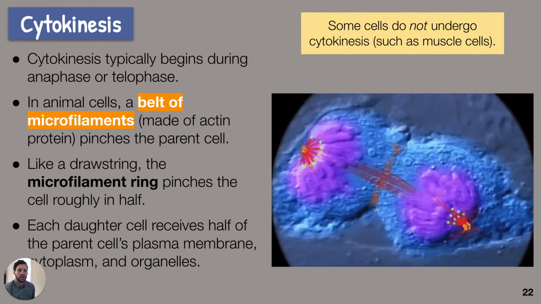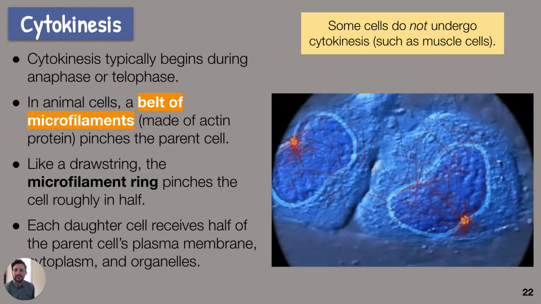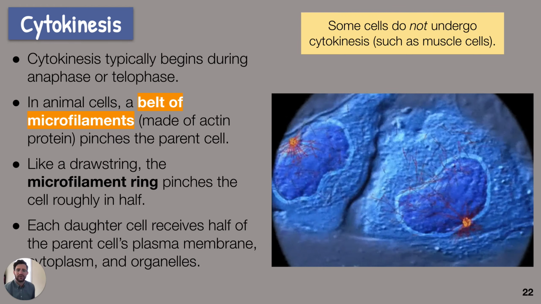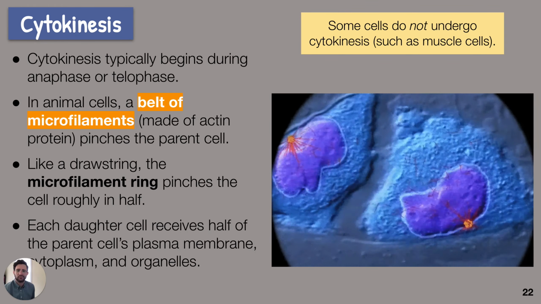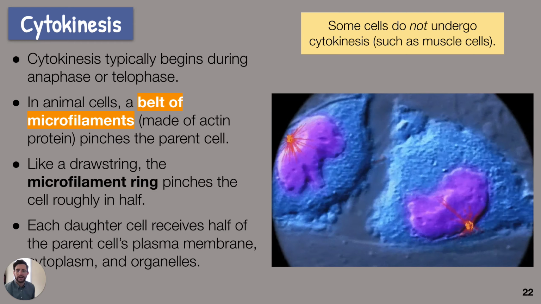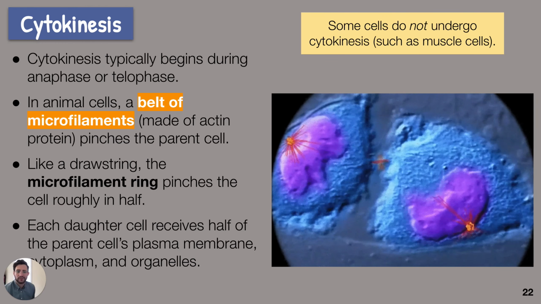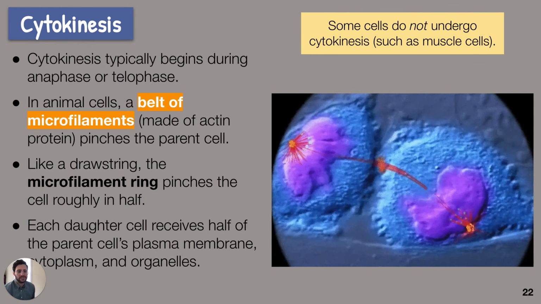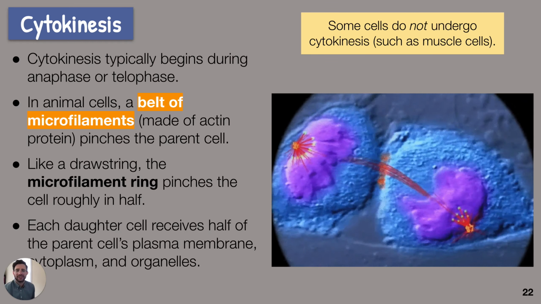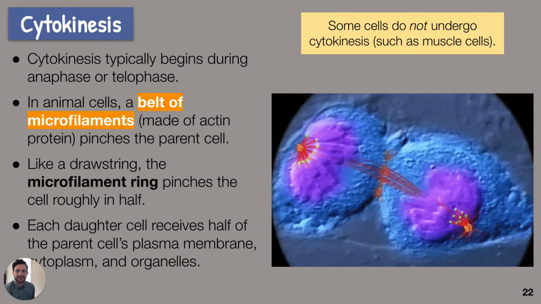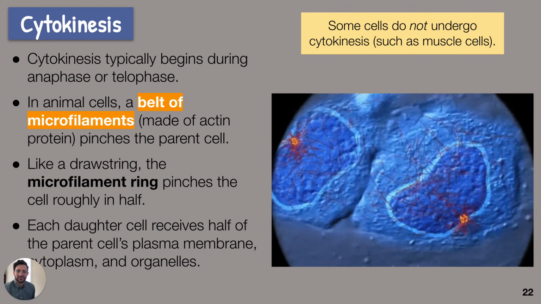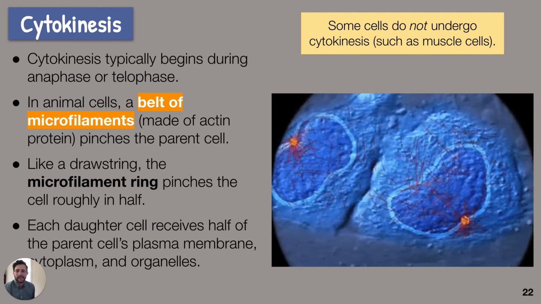Those vesicles would contain lipids and proteins that allow the cell wall to be reformed from a brand new set of raw material. The pinching does not happen in plant cells the same way it happens in animal cells. But the end result